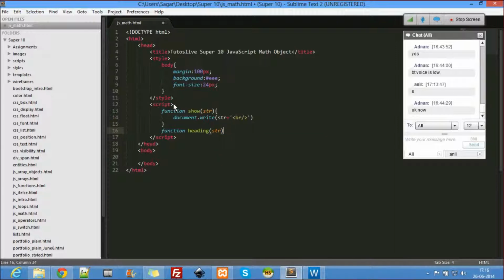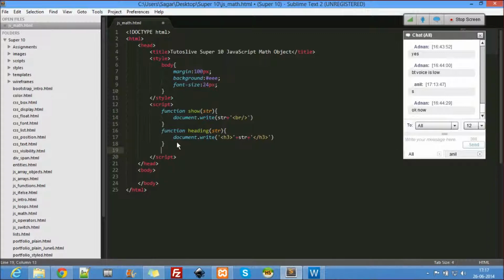Just for headings, document dot write. So we'll use h3 plus, just a simple thing over there.